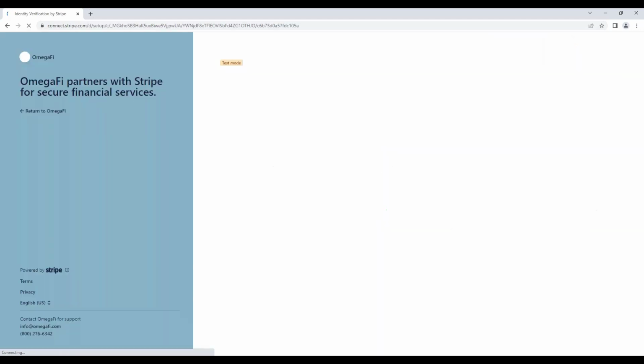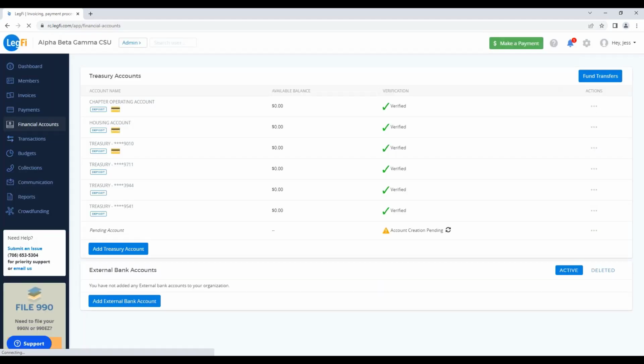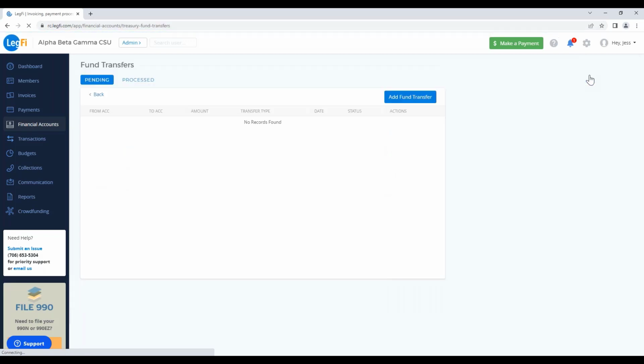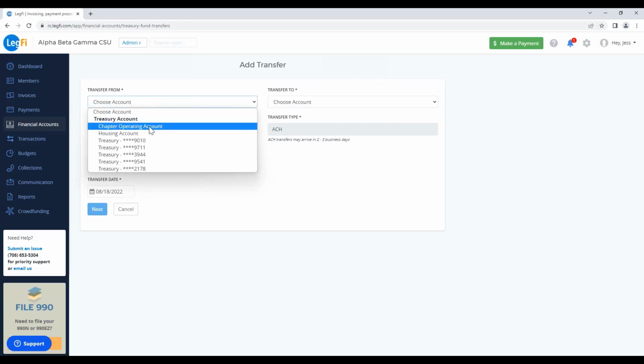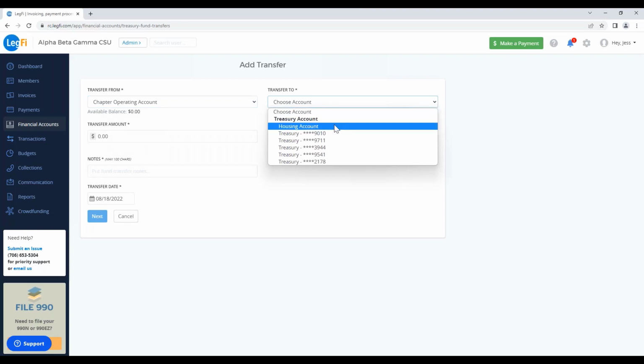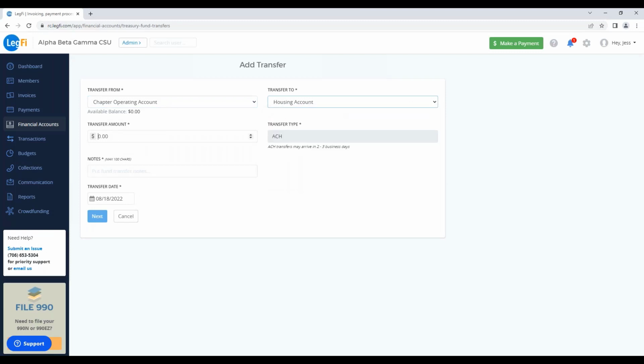You can transfer funds between Treasury accounts as well as between a Treasury account and external bank account via ACH transfer. To initiate a transfer, you'll select the Fund Transfers button and then select Add Fund Transfer. You can select which account you would like to transfer funds from. So you can transfer funds from your operating account to your housing account, and then the amount that you would like to transfer, and any notes,